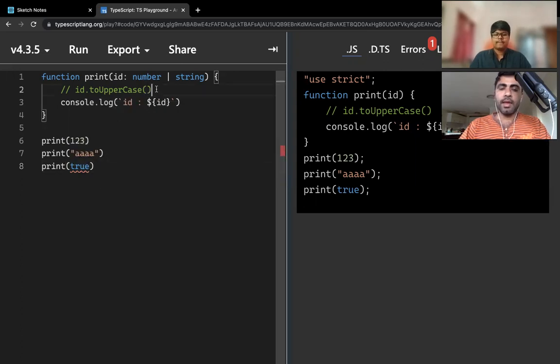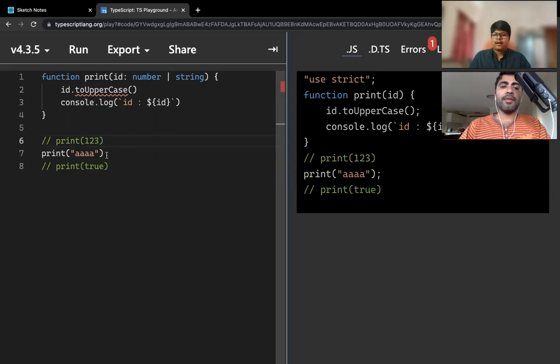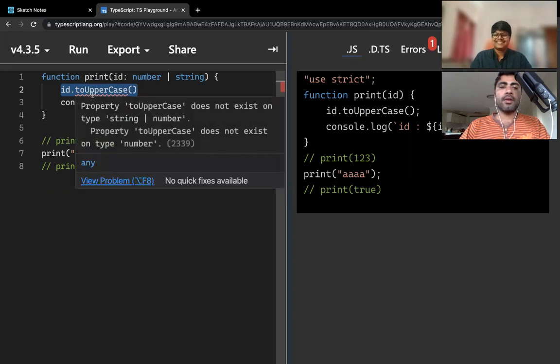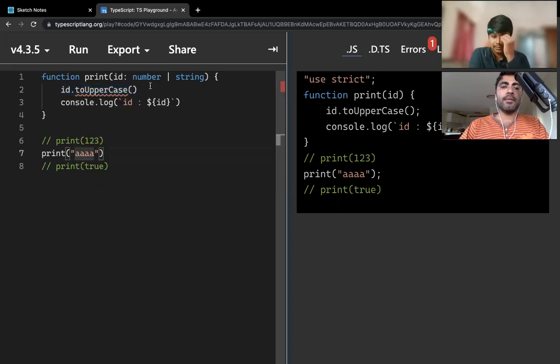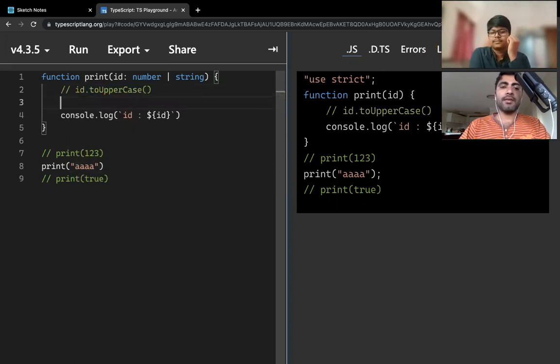Yeah. As I talked about, here if I try to access this, if you say that you are passing only a string and you want to access this toUpperCase function, then you will be surprised that it is not working. So it doesn't work because the property toUpperCase doesn't exist in type number. But if it exists in both the cases,